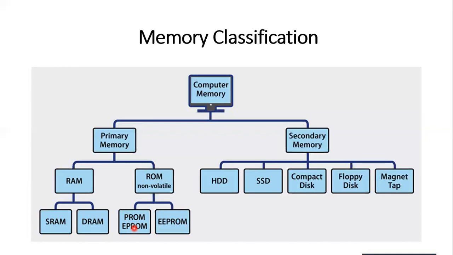All the information can be erased by exposing the chip to ultraviolet light, and the chip can be reprogrammed. By using the ultraviolet ray, we can erase the content, and then the chip can be reprogrammed again. Because the chip can be reused many times, this memory is suited for product development, experimental projects, and college labs.